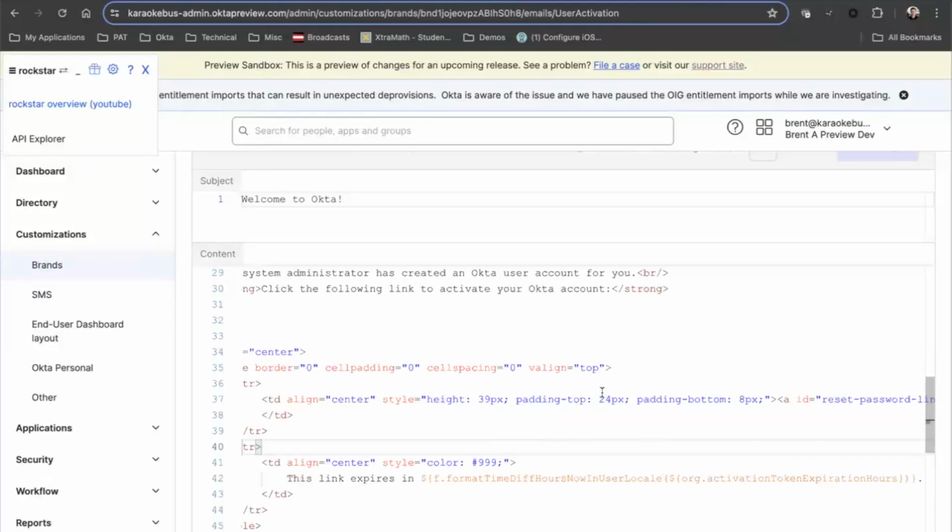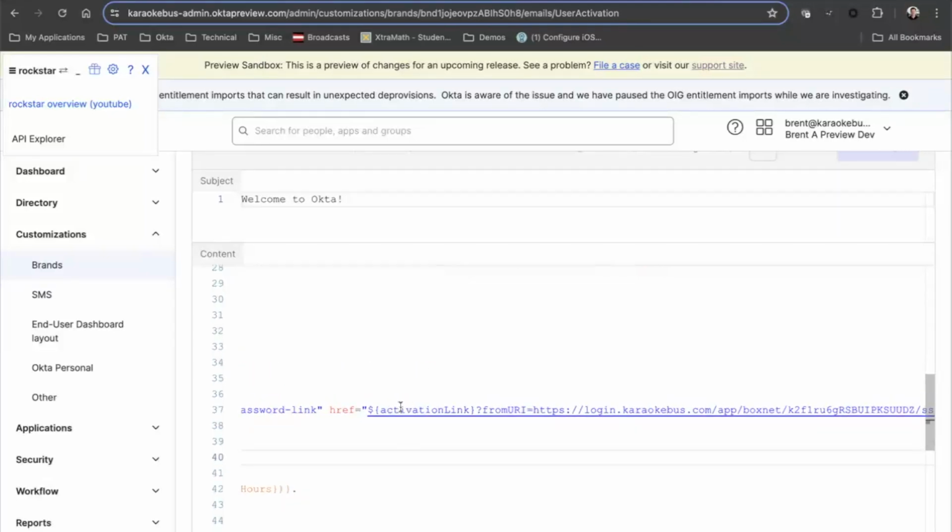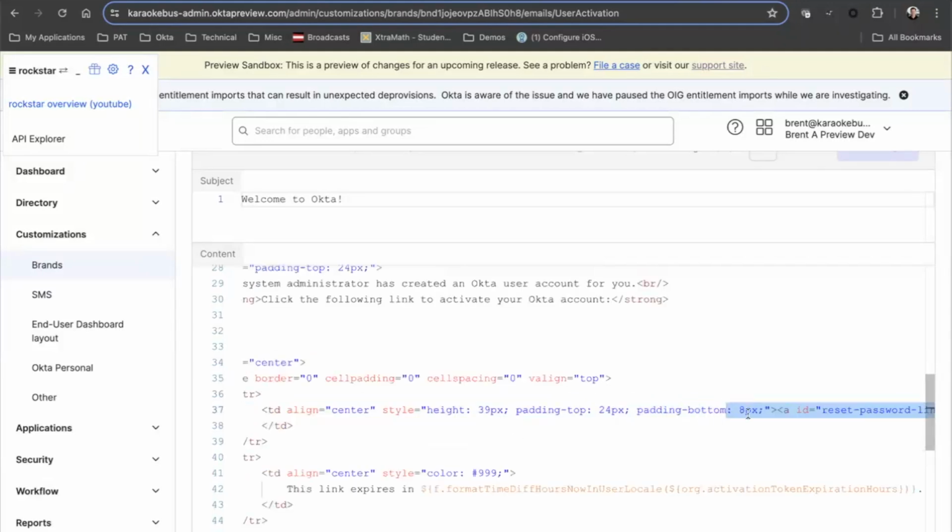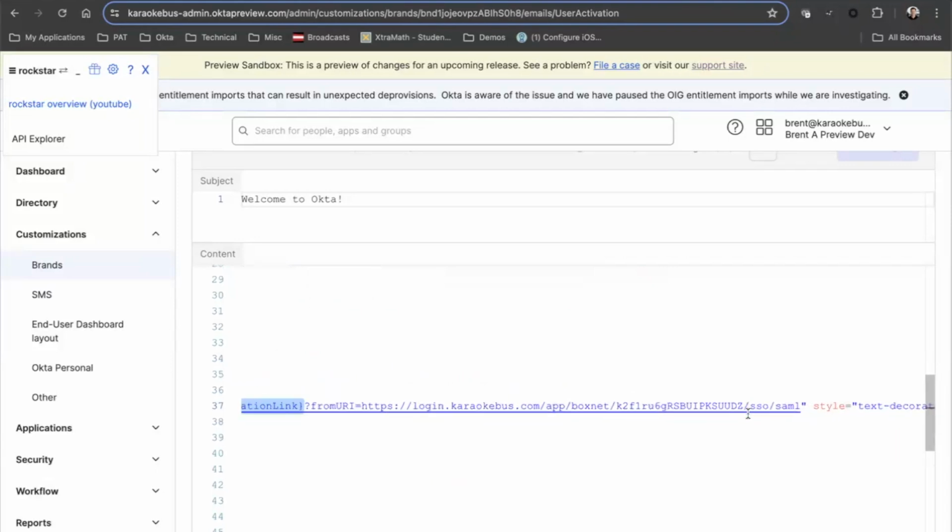I'm going to look for this activation link variable here. And if you've appended something like this, from URI, to the end of the activation link, then you have this use case. If all you see is activation link and there's not some from URI parameter appended to that, then you're good. The only other way that you could do this outside of modifying your email templates would be